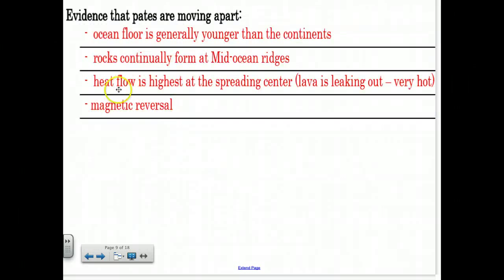The evidence that the Earth's moving apart at these divergent boundaries: the ocean floor is younger than the continents. Continental rocks continually form at the mid-ocean ridges. Heat flows highest at that center. Lava's leaking out. It's very hot there. You get these underwater volcanoes, and you get these magnetic reversals. All of these things tell us that the plates are moving apart at those divergent boundaries in the center of